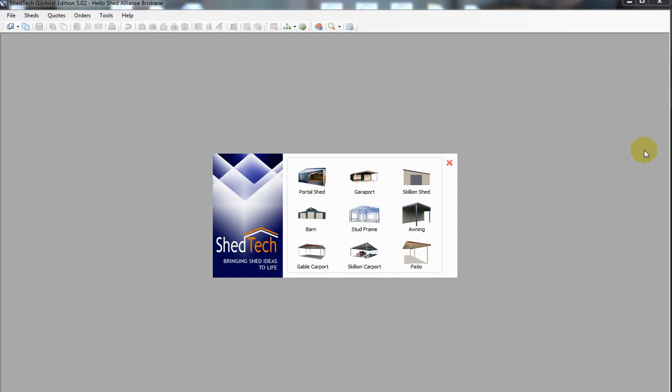Welcome to an overview of the ShedTech software. We see on the screen here a number of designs that the software supports. Portal shed to 25 metres wide, 7 metre wall height, up to 9 metre bays, a garaport with SHS posts